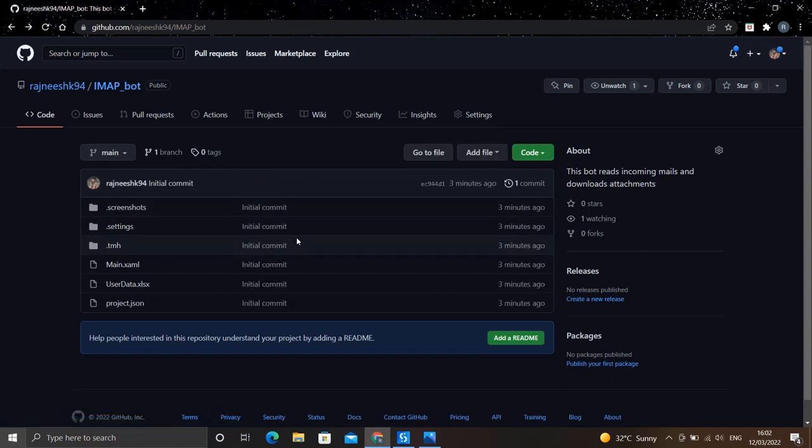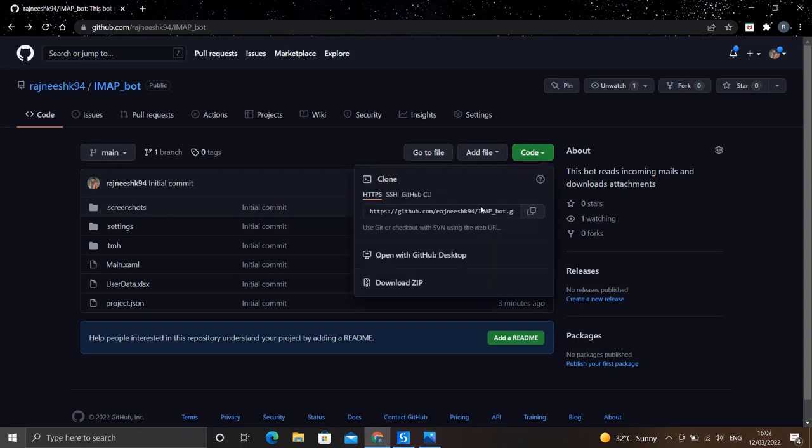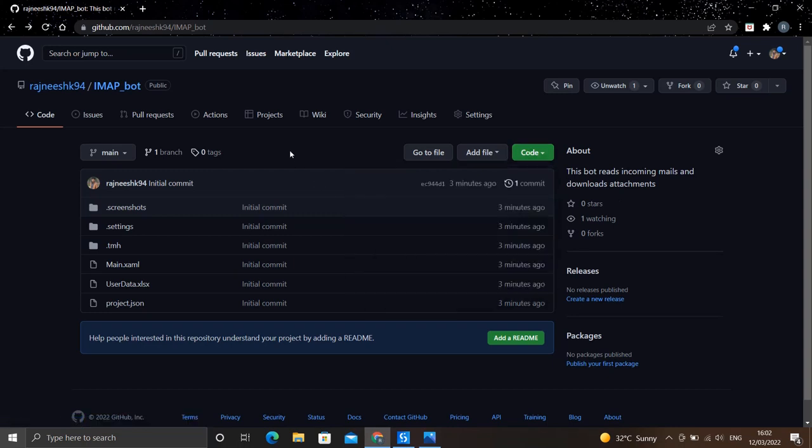you can see all of the project's data has been pushed here. Now anyone can come and download the zip file and copy it into their systems and start working on it. So this is how you can connect your projects to GitHub and maintain version control with your team.